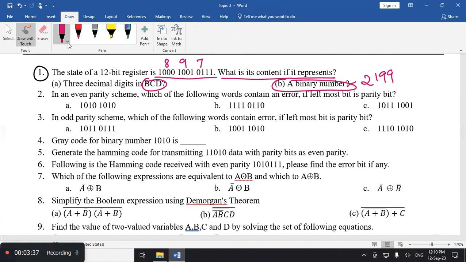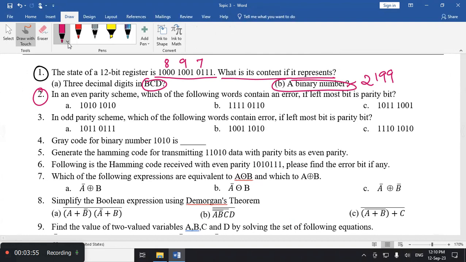Second question. We will not do all of this, but some of it we will do. Now see here, the second question. This is for your parity. Right? This is for your parity. Now just tell me,